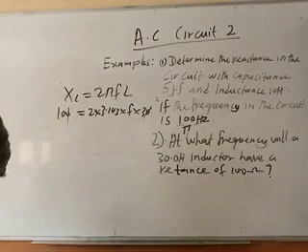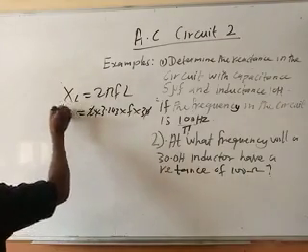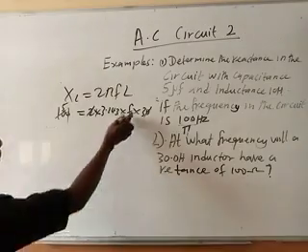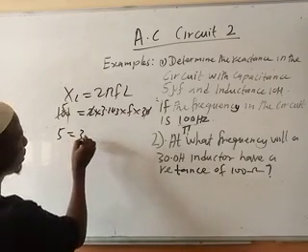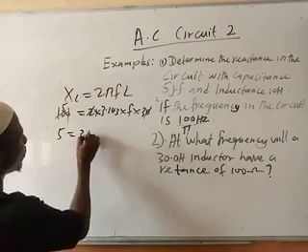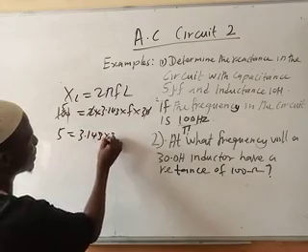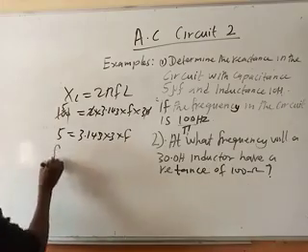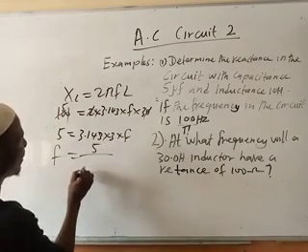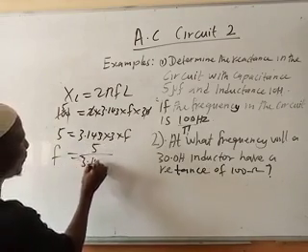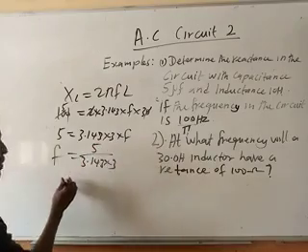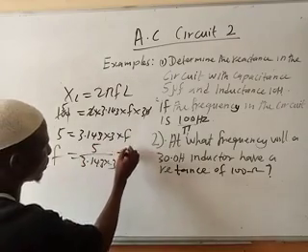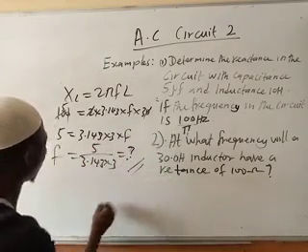So we can cut this and cut, that is 5. So therefore, 5 is equal to 3.143 times 3 times F. So at the end of the day, our F is equal to 5 over 3.143 times 3. So you multiply this one and press the final answer with your calculator. That is an assignment for you. So whatever you get will be in